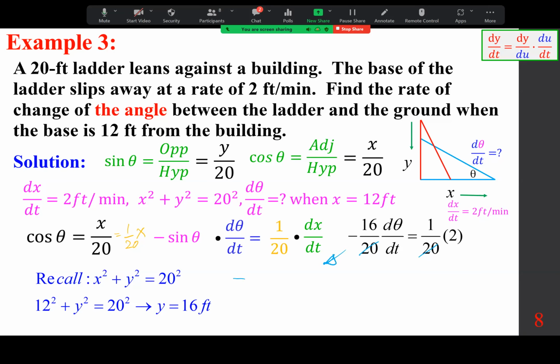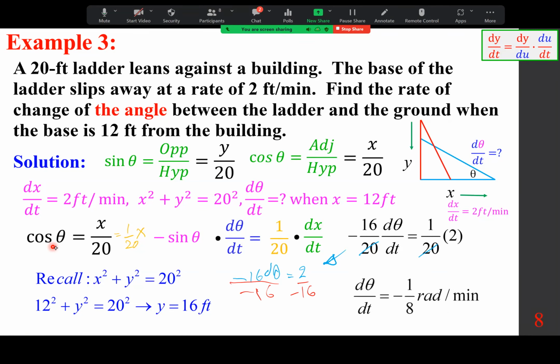So we have negative 16 d theta dt equals 2. So divide both sides by negative 16. And you get negative 1 over 8